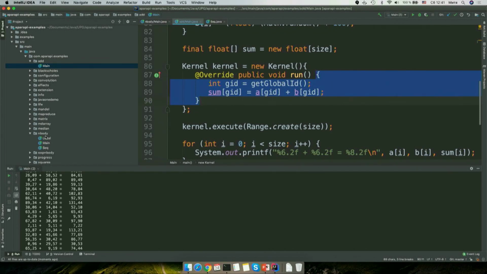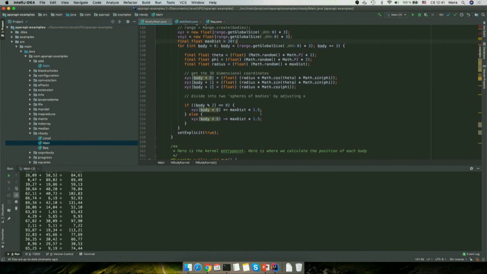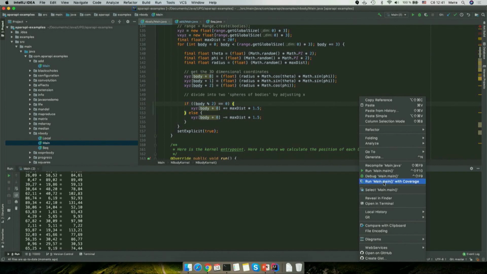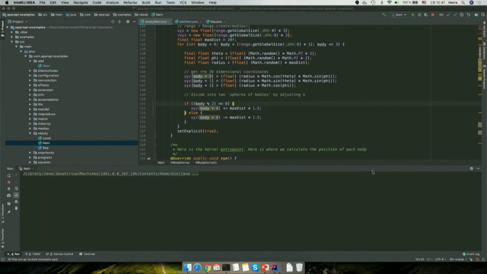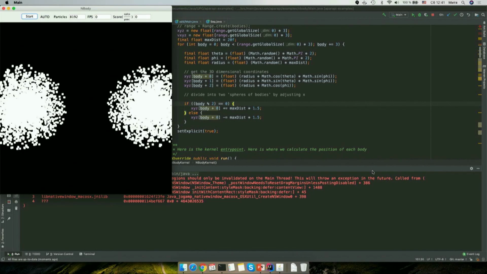We can do some more fancy stuff. I really enjoyed this example which they actually gave us, the so-called n-body problem. By the way, the cool part of it is that it nicely cooperates with OpenGL. So if you need to draw something, it won't leave the GPU. So okay, you say process this on the GPU, don't get it back to Java, just draw it on some board.